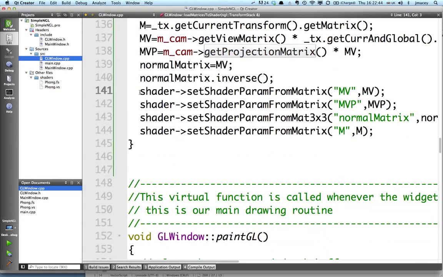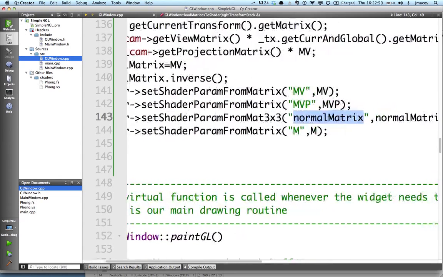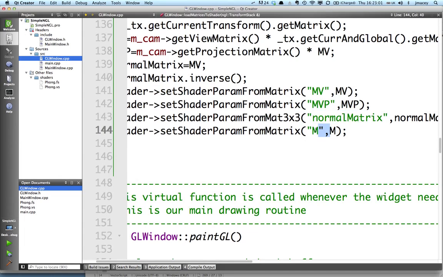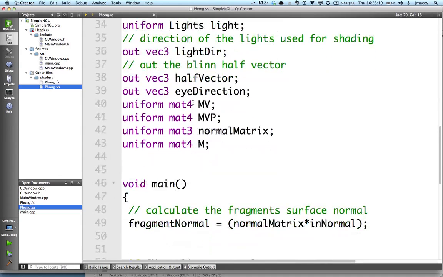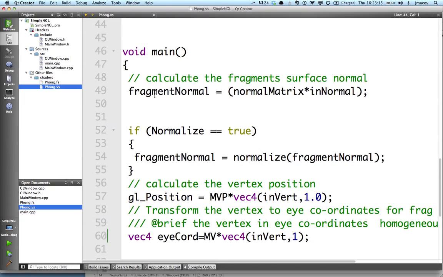Next we need to load these to the shader. So these calls here will load model view to the uniform MV, model view projection to the uniform MVP, the normal matrix gets loaded to normal matrix, and M gets set to M. And if we look through at our Vertex Shader, what we should see is that these are replicated here. So we've got our uniforms for each one of those, and we then calculate our fragment normal, so this is our transformed normal, by taking the normal matrix and multiplying it by the in normal, the normal that's passed in